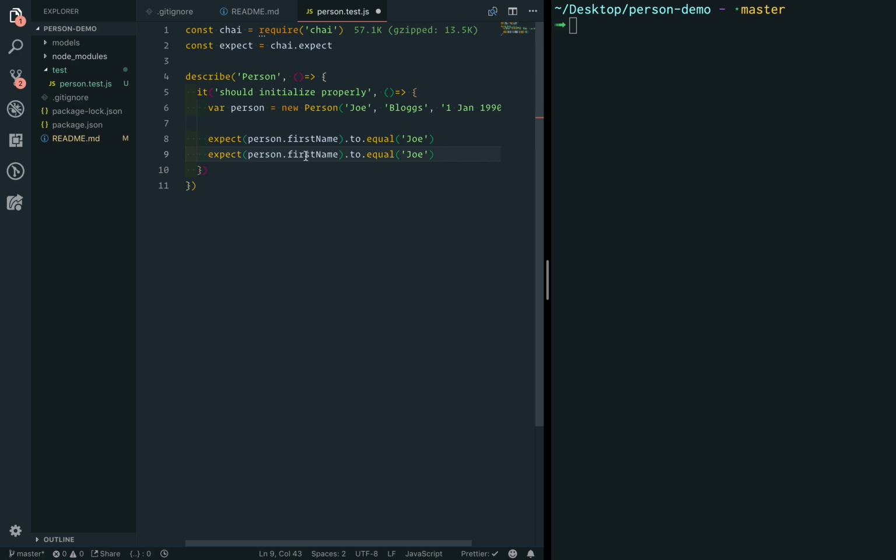Then we expect to do the same thing with surname, which should be Blogs, and with date of birth, which should be 1st of Jan 1990. That should probably do for now. That's enough setup. This checks the constructor works properly, and that we can call these attributes and they've been set properly by that constructor. So if we run that test,